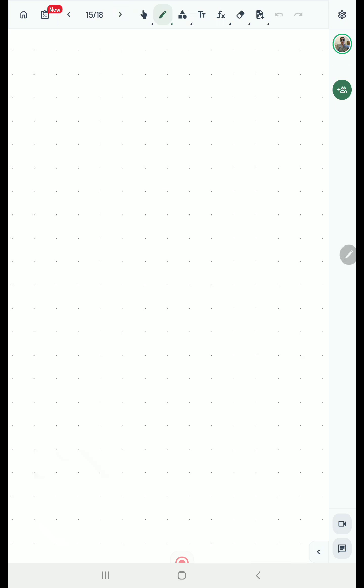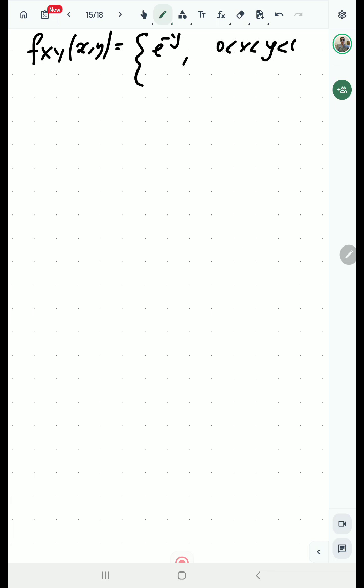Suppose that we have a joint density fxy of x, y equal to e to power minus y, in case x is in between 0 and y